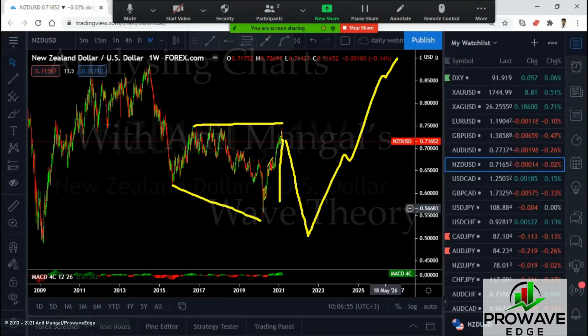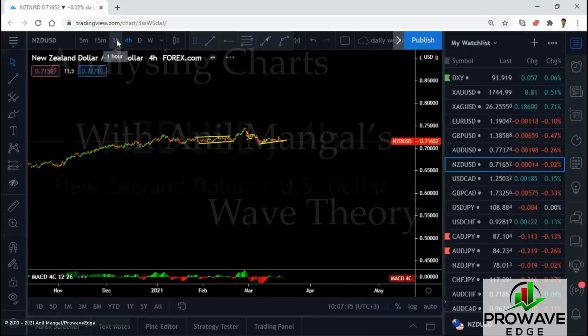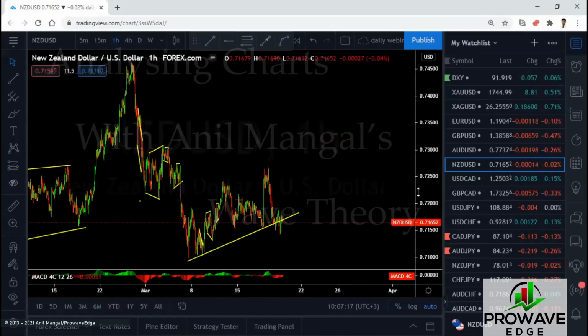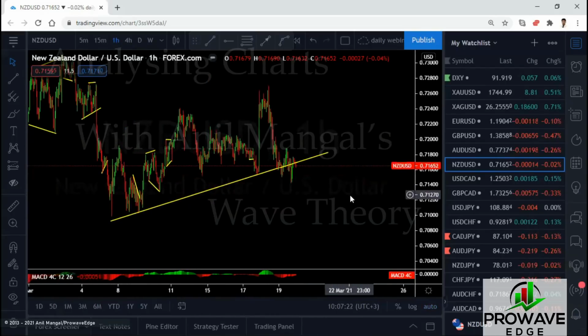So do we want this sell if it's going to go? I don't know if it's going. What if you're going to get this? Then you definitely want the sell. Let's go look at it in the 4 hour and on the 1 hour. Look for the sell setups, right? You're getting a sell setup right now, right here forming.